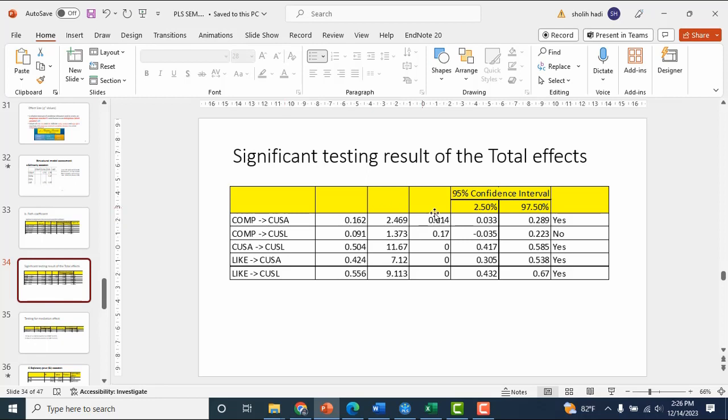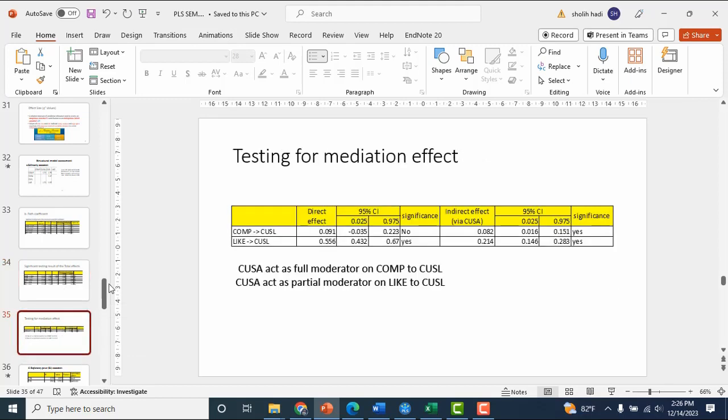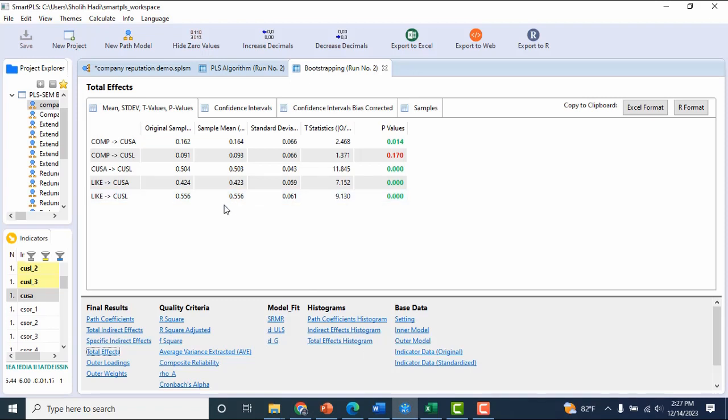And the next we have the mediation model, because from the independent to the dependent, some go indirectly through the JUSA.